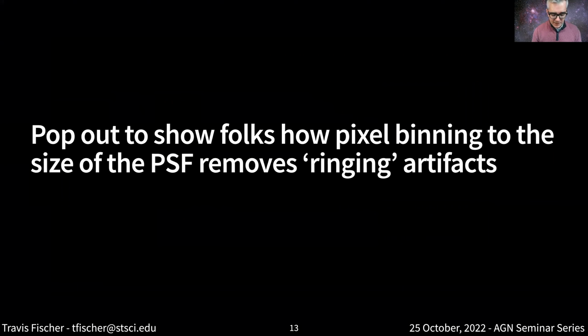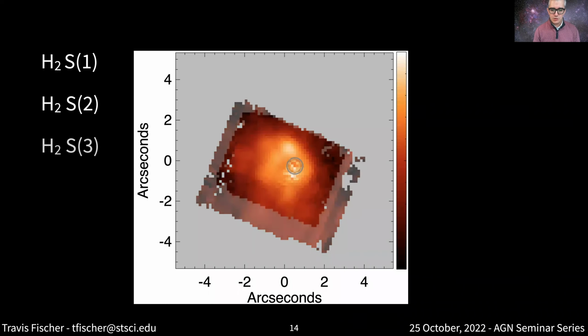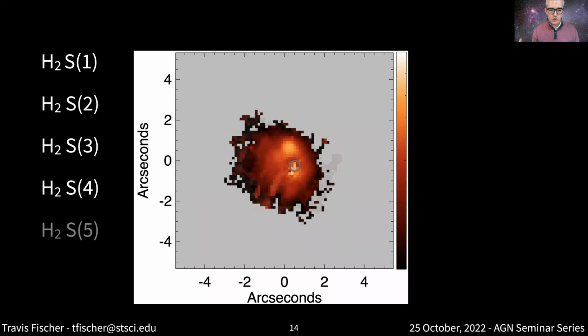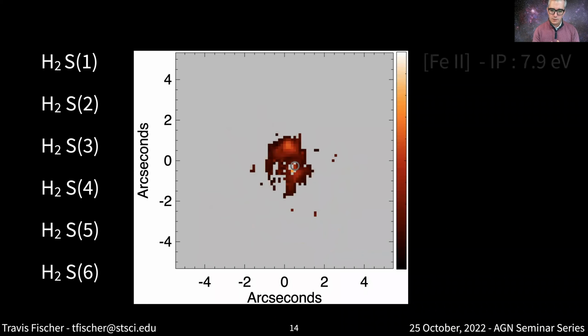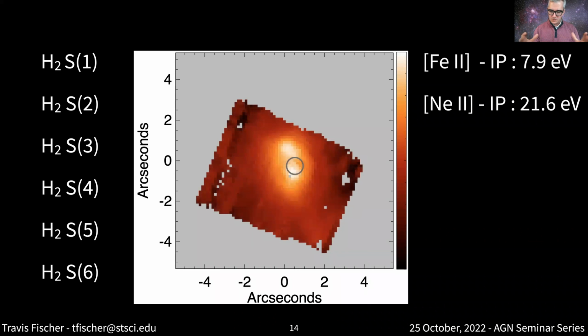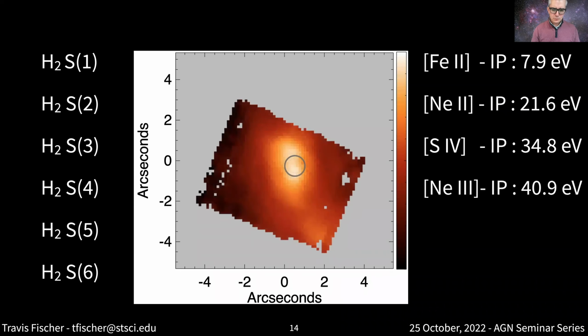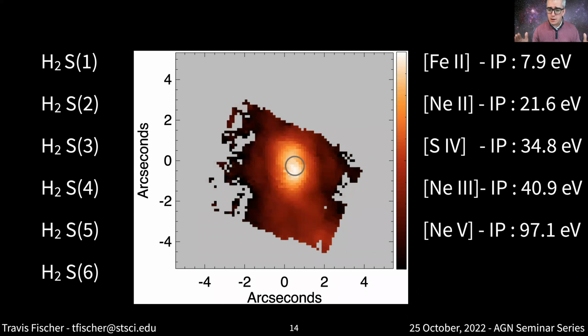All the different emission lines that are available in MIRI give this really cool consecutive image as we go through them. You're going from the molecular hydrogen, to smaller and smaller reservoirs, and then you get the iron 2, and it starts to spread out again. Together, all of these different wavelengths give you a full idea of the relationship between the molecular gas and the low-ionization gas, typically the optical AGN ionized gas that we're used to, and then these coronal lines at around 100 eV. We can see how they're all related to one another.